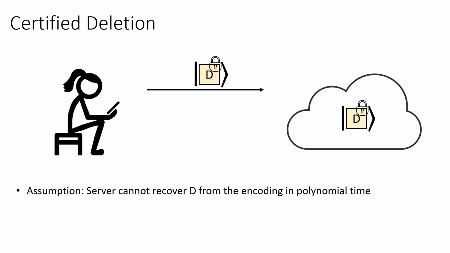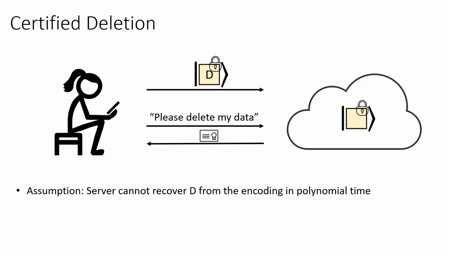okay? But in this scenario, we're going to want something extra, which is why I'm using ket notation here to indicate that this encoding is actually going to be a quantum encoding, because I want to allow for the possibility of Alice later telling the cloud, actually, I would like you to please delete my data. And the cloud, even if they're malicious or trying to learn the data or trying to cheat in the protocol, there should be some way for them to perform some destructive operation on the encoding to produce a certificate that can be verified by Alice that indicates that the data actually was deleted from the cloud's